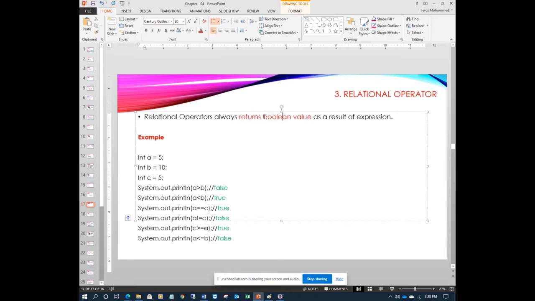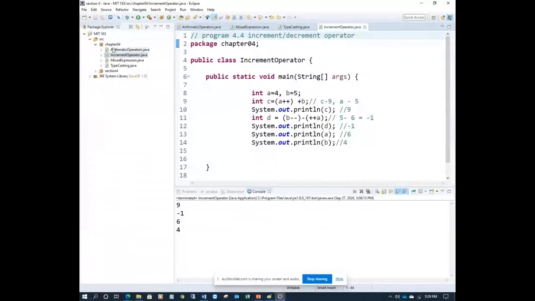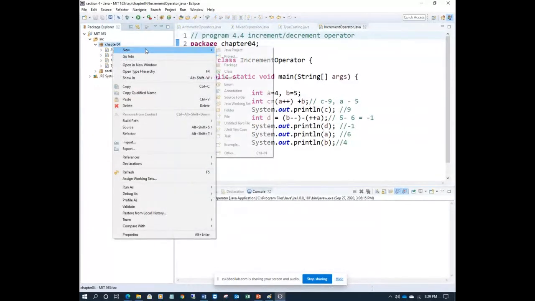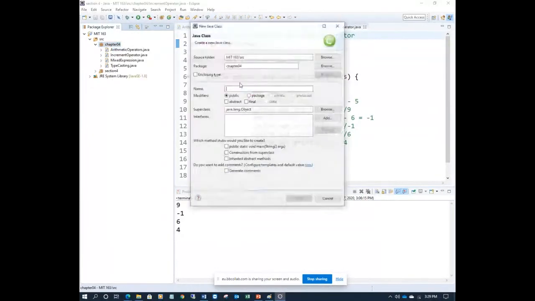What is the answer here? Boolean. What is boolean? Either true or false as a result of the expression. Let's see this example here. Copy. This is another program, but I did not mention anything here. Right click, new class, RelationalOperator.